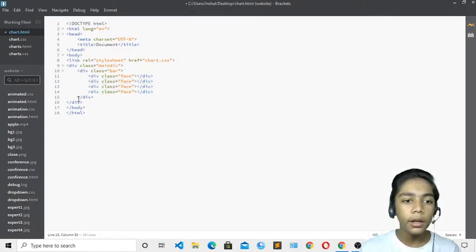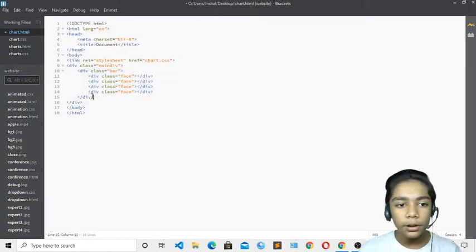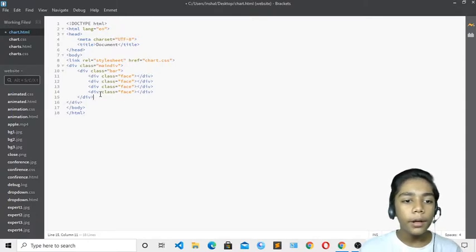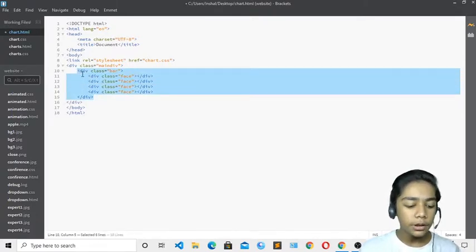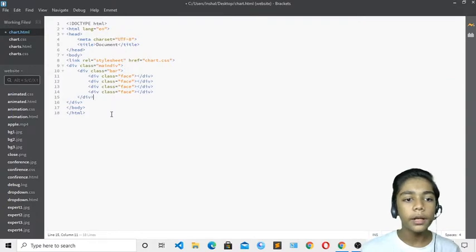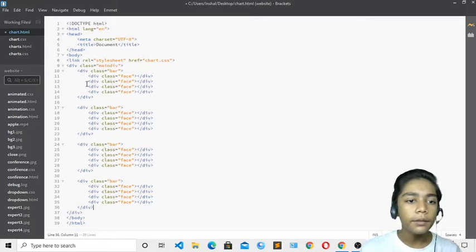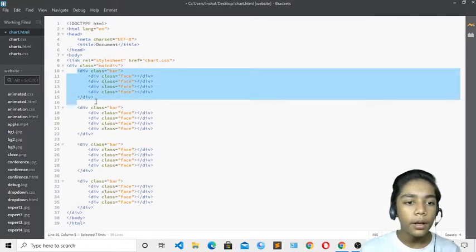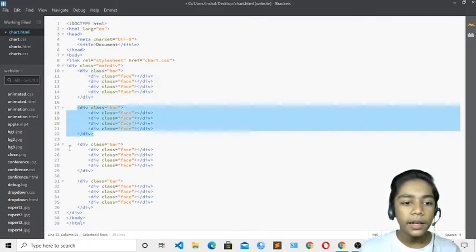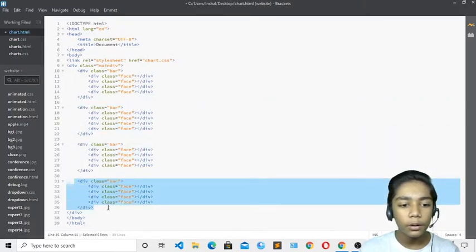Here you can see that. I will also paste it five times. This is one time, then I will paste it four times more, so it should be five, because we have to make five bar charts. I will press enter and paste that, then paste here, and here also. Over here I have pasted that. You can see div bar, then in the second, then the third, and then the fourth one. It is good.